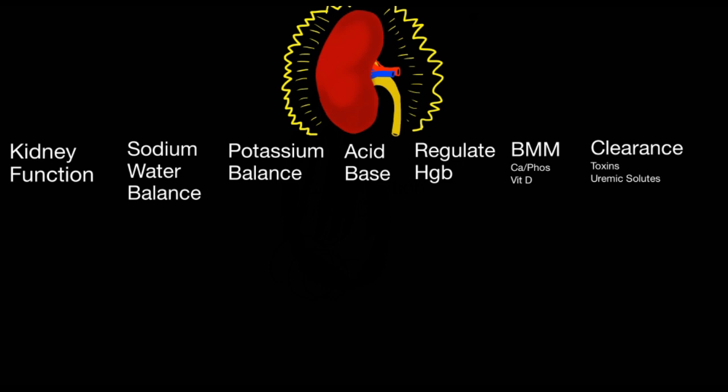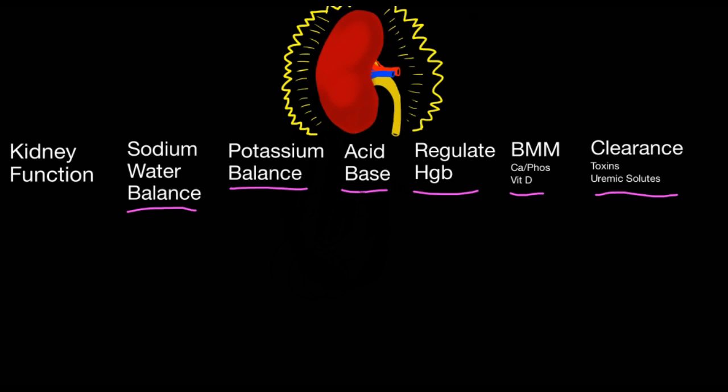Number one is to participate in sodium and water balance. Another is to participate in potassium balance. Another is to regulate the acid-base balance of the body and regulate the hemoglobin. Also, bone and mineral metabolism: the kidney is very important for regulating calcium and phosphorus balance, as well as producing active vitamin D, or calcitriol. And the kidney also has an important clearance role in clearing uremic solutes and other toxins or drugs